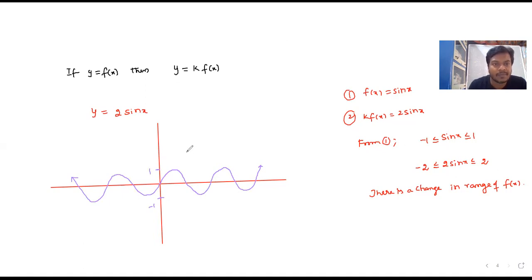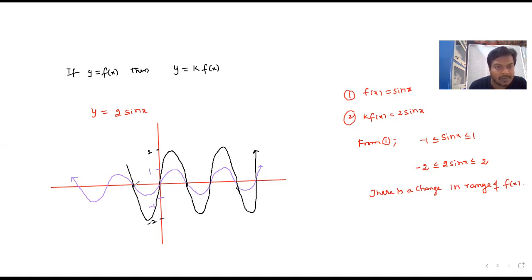Next, when you have 2 times sin x, then it approaches maximum 2, minimum -2. Okay, we get the graph in this way, and here this is the graph. This is y equal to 2 sin x,